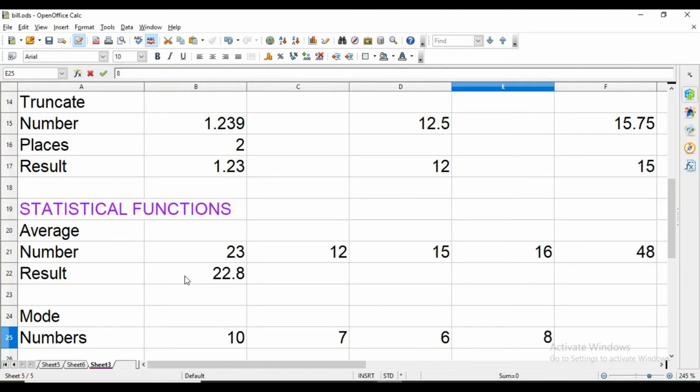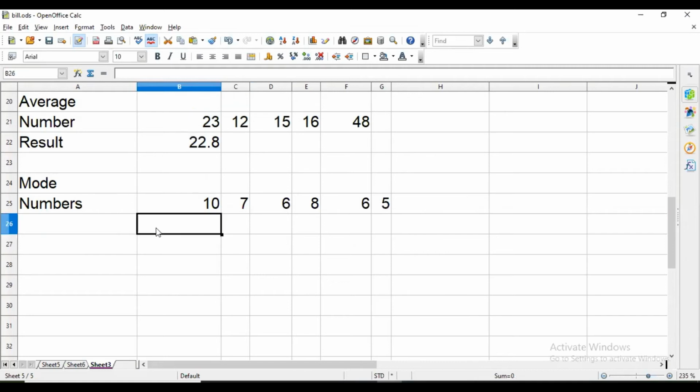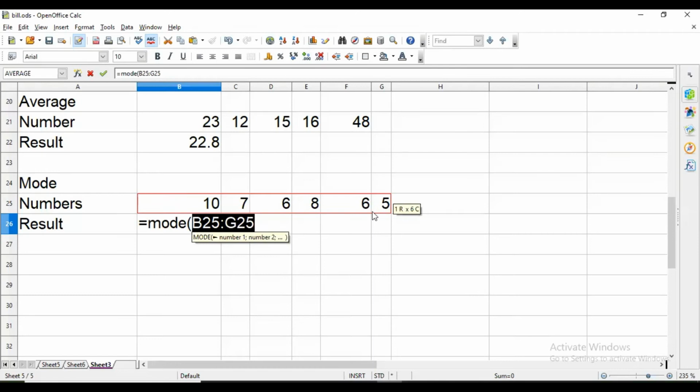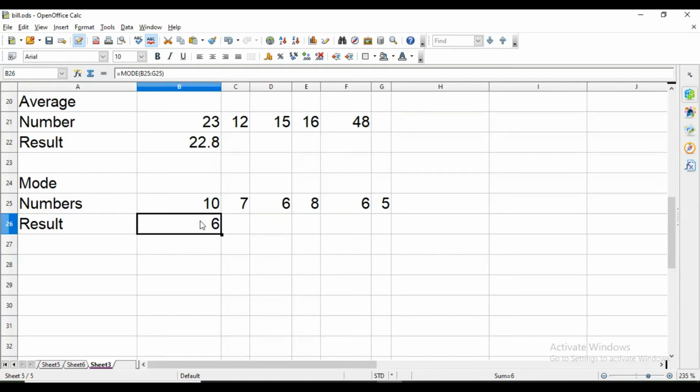So 10, 7, 6, 8, 6, and one more 5 we are taking. Okay. So these are the values, and the function is equal to mode and then range of cell that contains different values. Okay, and we are going to find out mode. Since 6 comes 2 times and all other numbers come only once, we are getting number 6